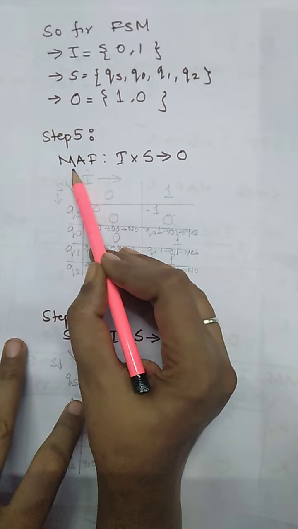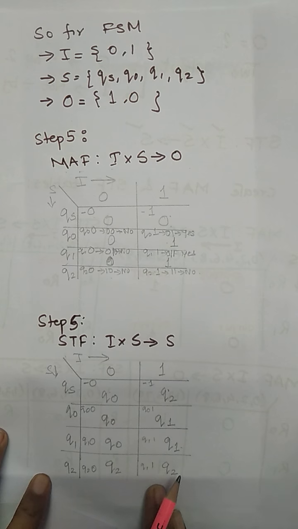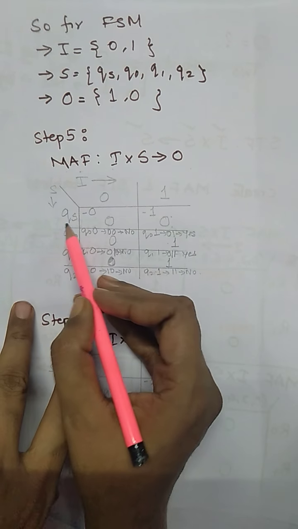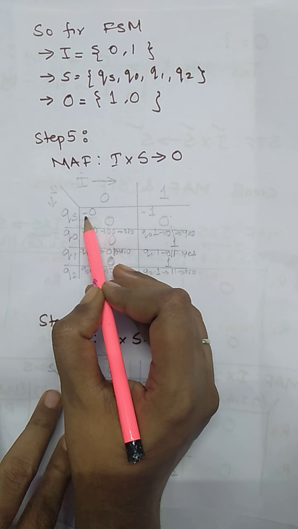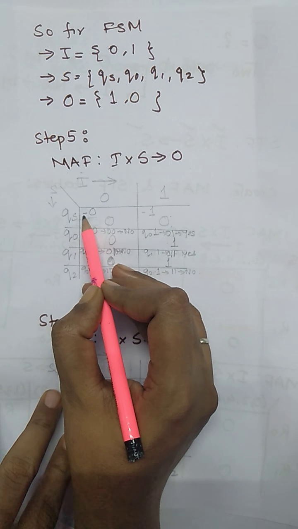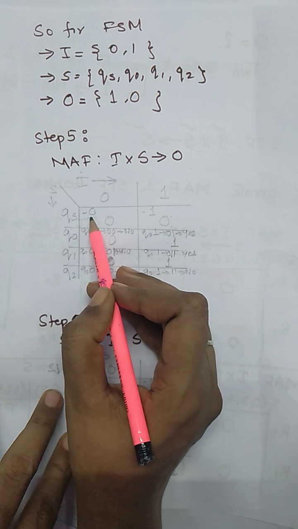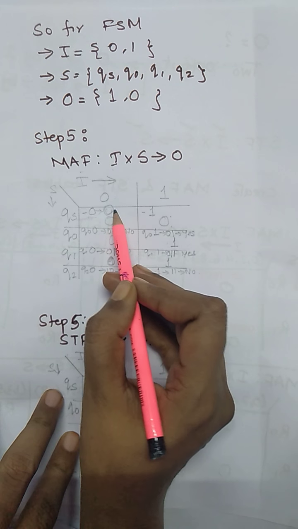Now we are going to design the machine function, and simultaneously we are going to fill the state function table also. So QS on 0. What kind of string does QS represent? QS represents neither input nor output, so nothing is represented by QS. So QS with the next bit as 0 will represent only the string 0. So what kind of output?